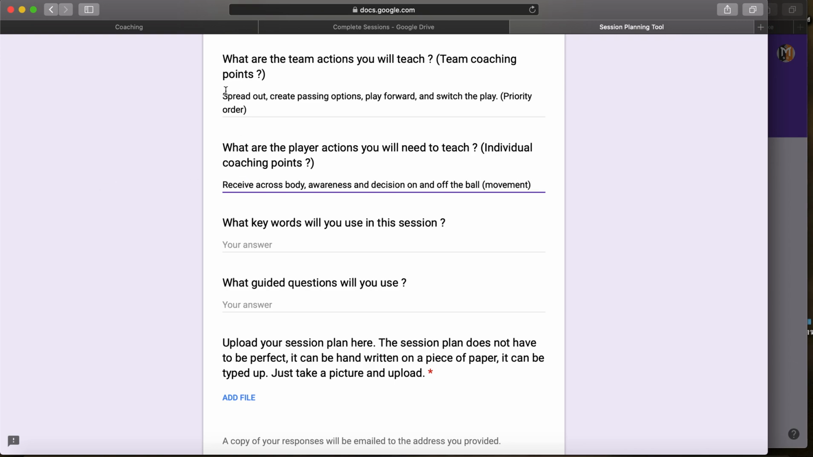So these are going to be my coaching points in the session. When I address the team, I'm going to be talking about spreading out, creating passing options, playing forward and switching the play, and when and where to do those things. And when I'm addressing individual players, I'll be looking at their first touch. Are you able to receive across the body? Were you aware of what was going on around you? And do you make effective decisions on the ball, pass, dribble or shoot, or effective decisions off the ball, movement